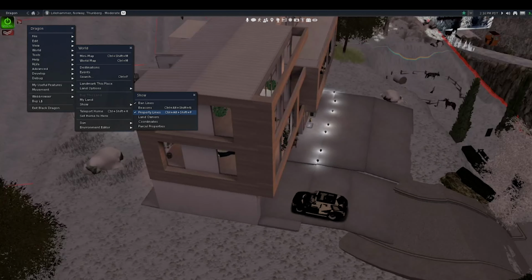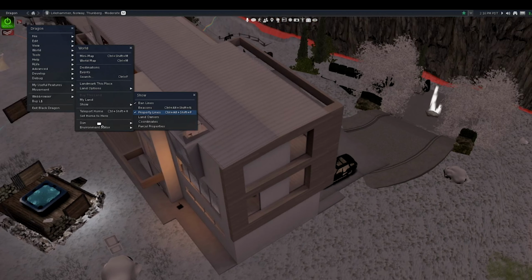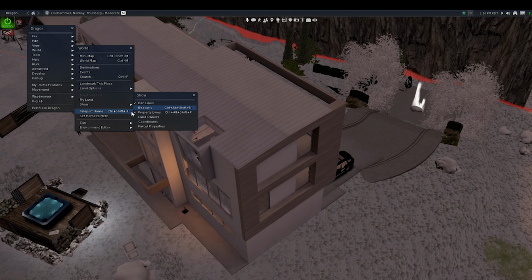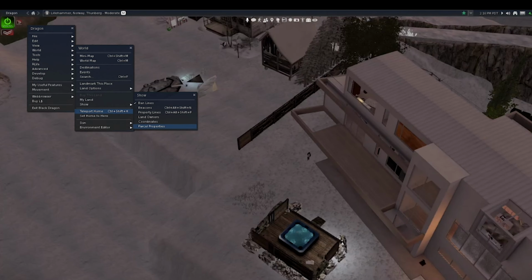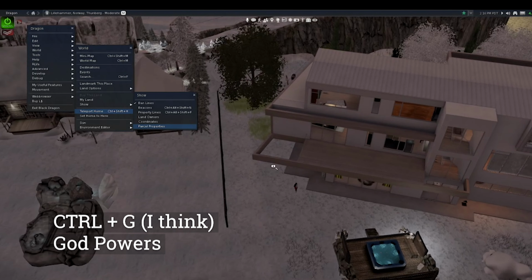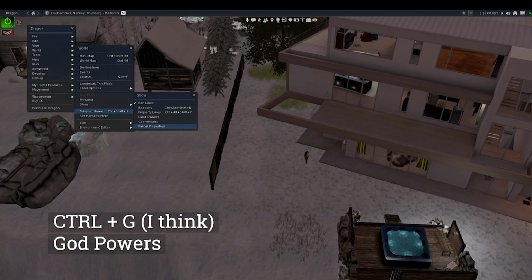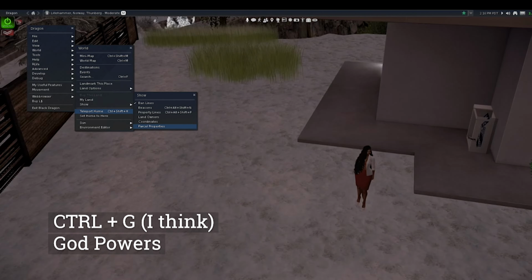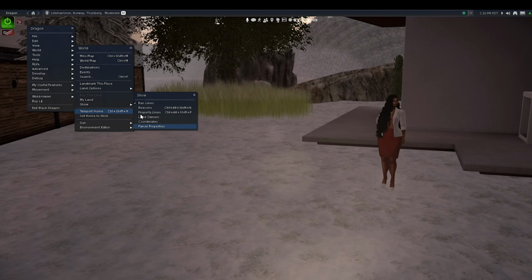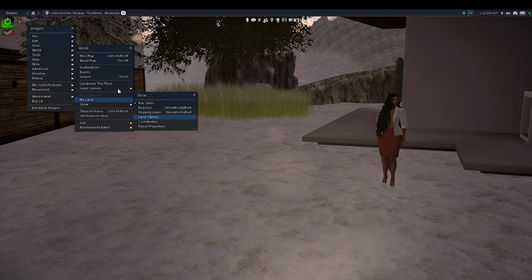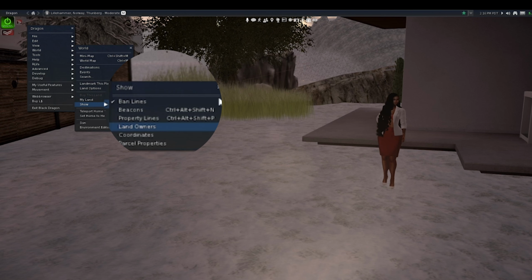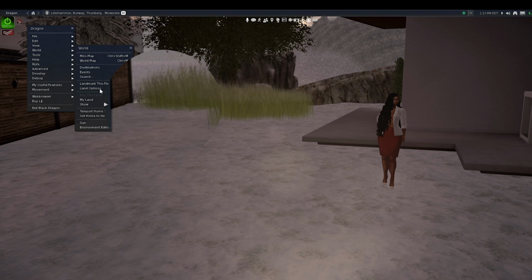Okay, so Control Alt Shift P gets rid of those property lines. And I believe Control G are God powers, and God powers have to do with controlling land that is a region. So let me see, is that here? Okay, Alt R